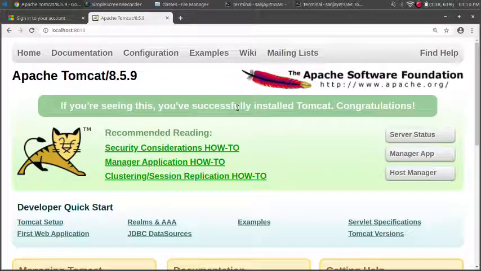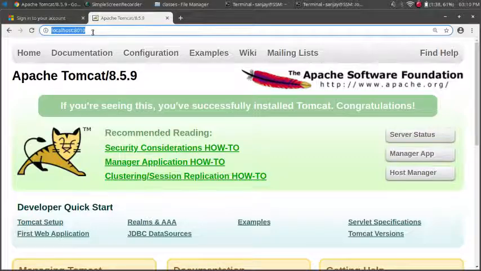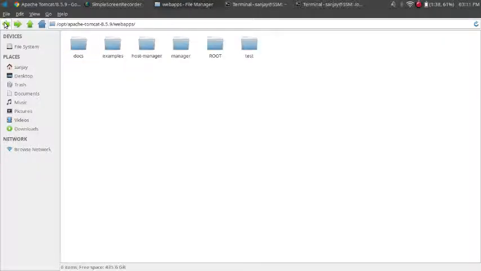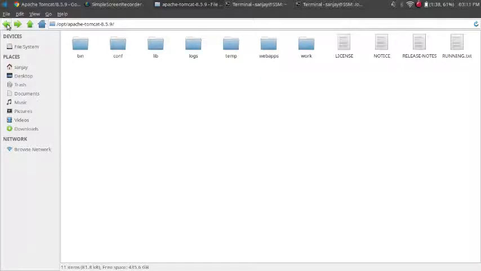Now do one thing. If you want to change this port number, 8080 is the default port, but sometimes that default port may not run on your Apache Tomcat system. So if you want to change the port, you will do one thing. You will go to the